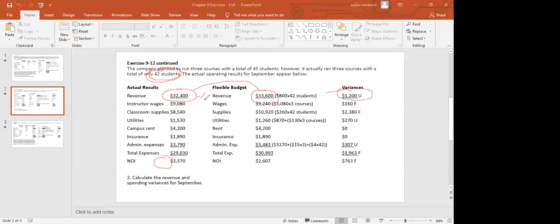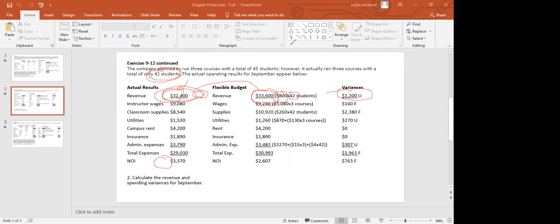And why? You ask yourself why, and I ask you now why, and somebody said because less students. No, the students are the same. There are 42 here and 42 here. So then somebody says, because we did not charge 800 actually. This is the actual real life. And that is correct. So you see how flexible budget tells you that maybe your actual revenue here, 32,400 is not